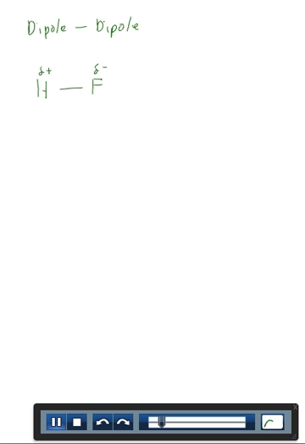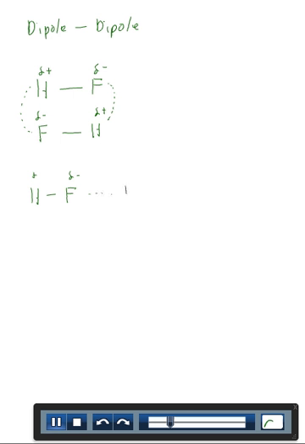We could have an interaction in which another HF molecule, with its partially positive and partially negative ends, lines up so that there are attractions between opposite charges on the opposite molecules. So this is a classical arrangement of two dipoles. We could also have an interaction in which